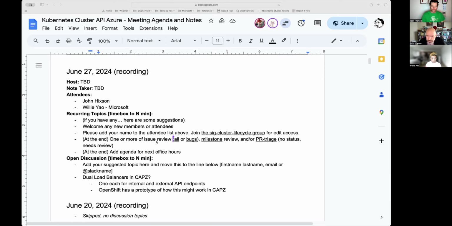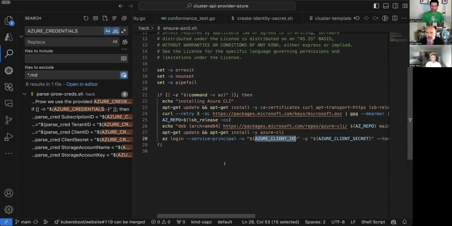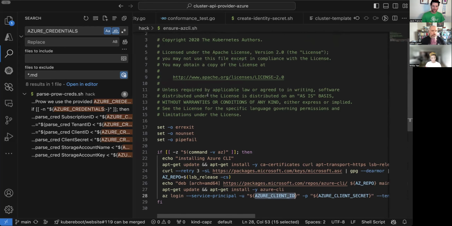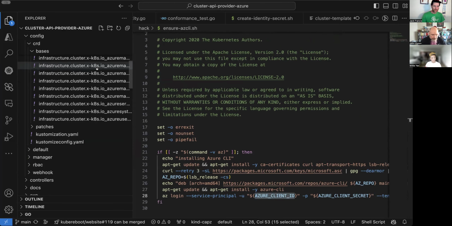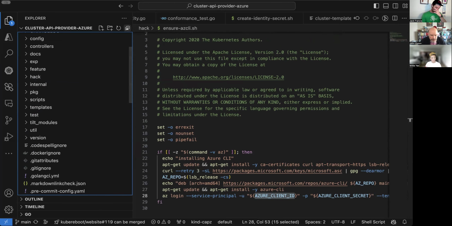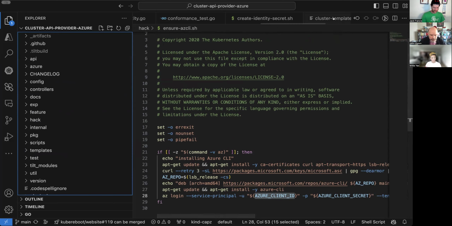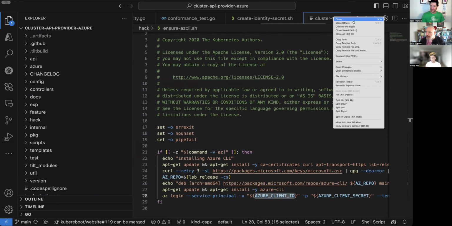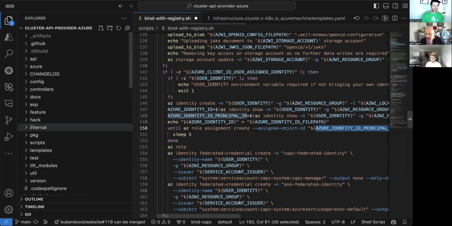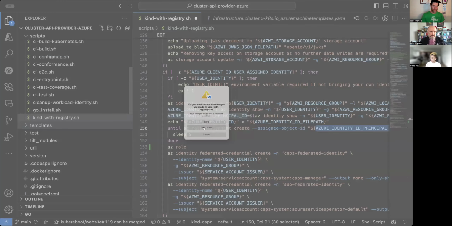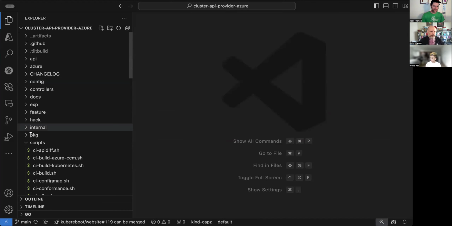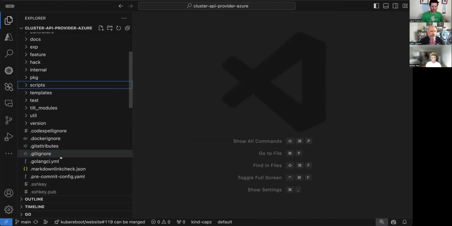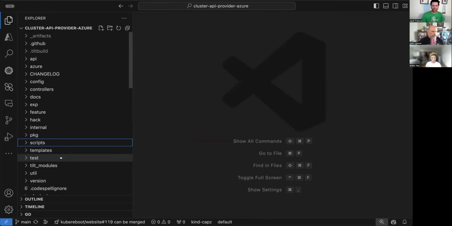Okay, cool. Let me know if you can now see a VS Code window with some shell script in it. Yep, I see it. Okay, cool. I'm going to close all this so we can have a clean slate. I don't think I have anything there I need to save. So I'm checked out on more or less latest main. I assume that's good enough for the purposes of this.